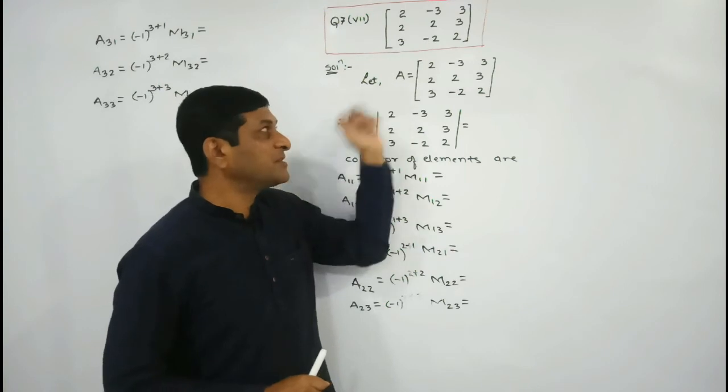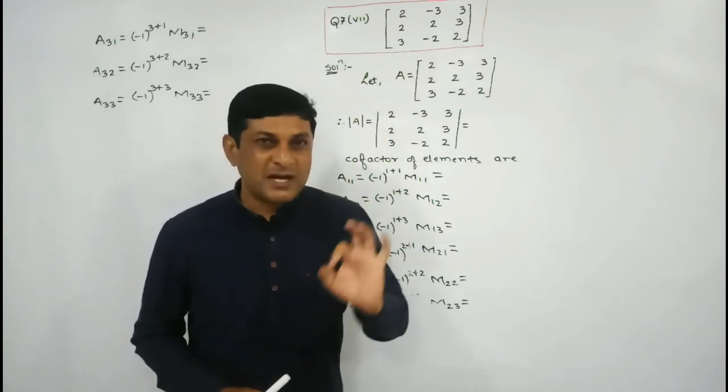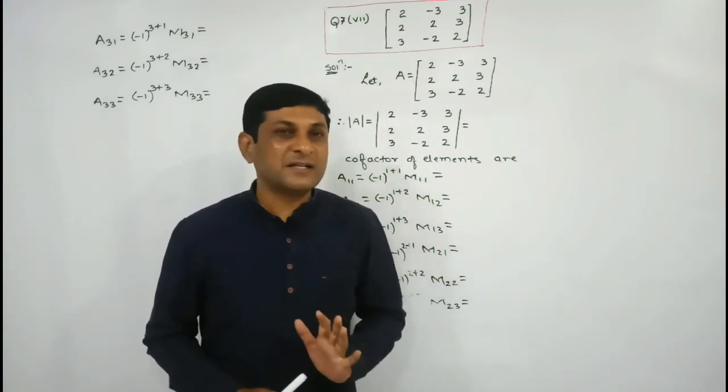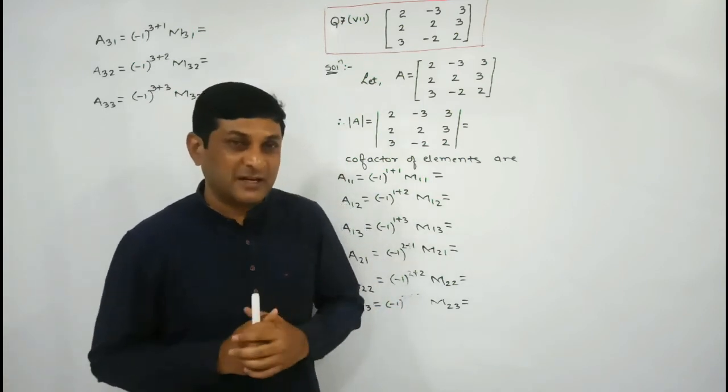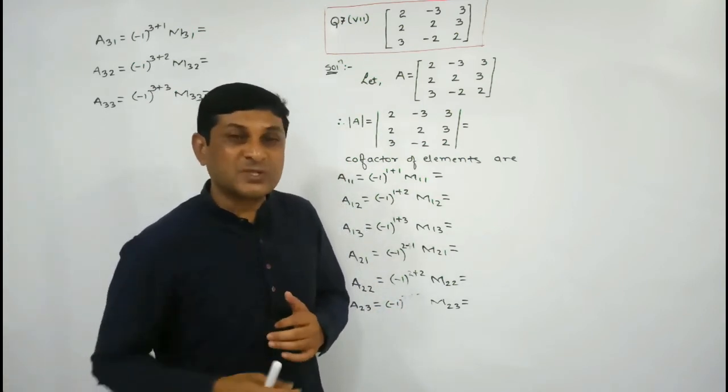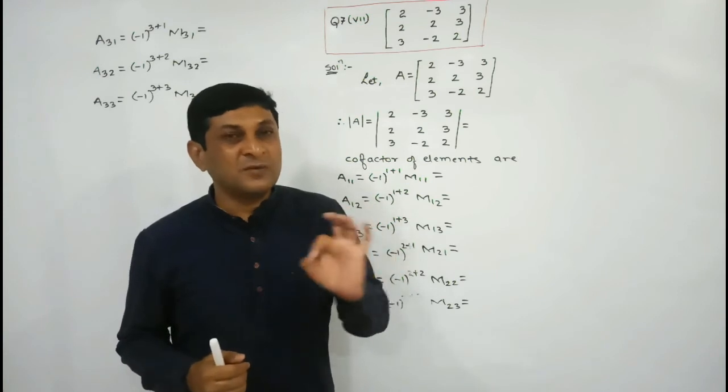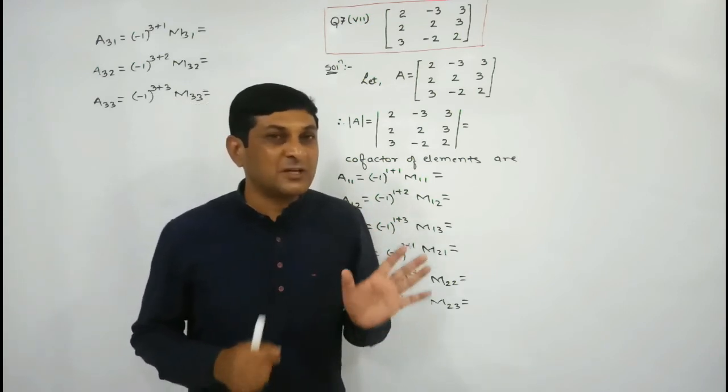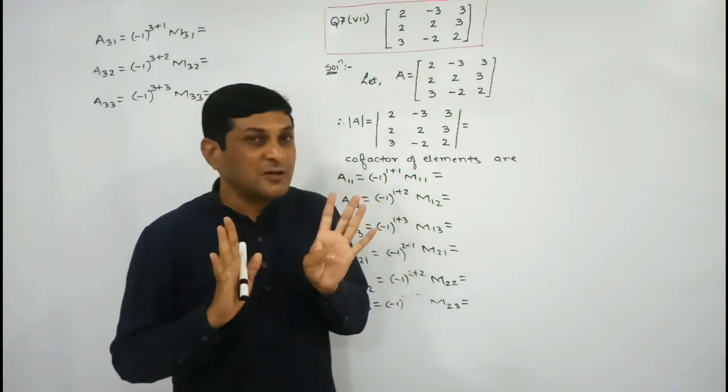So, well, see in example number 7, whatever matrix is given to us, we have denoted this matrix by capital A, and here we are trying to find the inverse of this matrix applying the adjoint method. Already we have seen that 5 steps are there to find the inverse of a matrix applying the adjoint method. What is the first step? To find the determinant of this matrix.